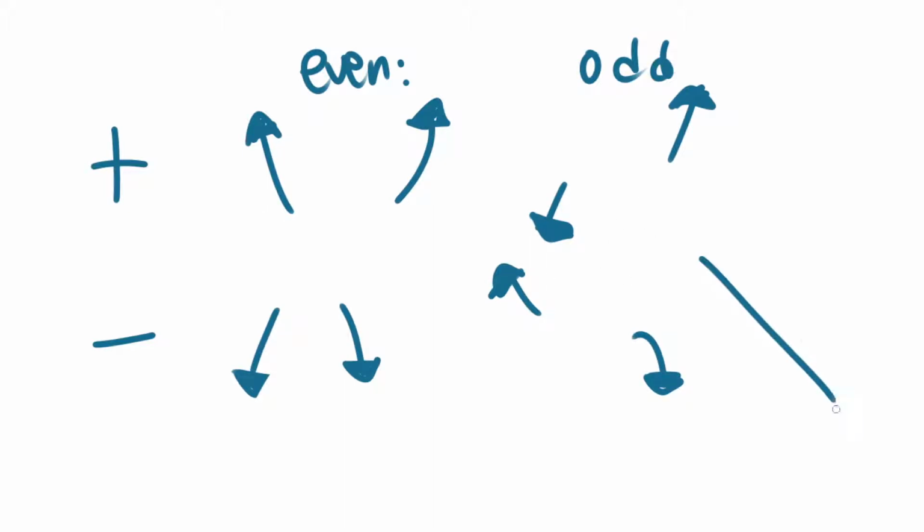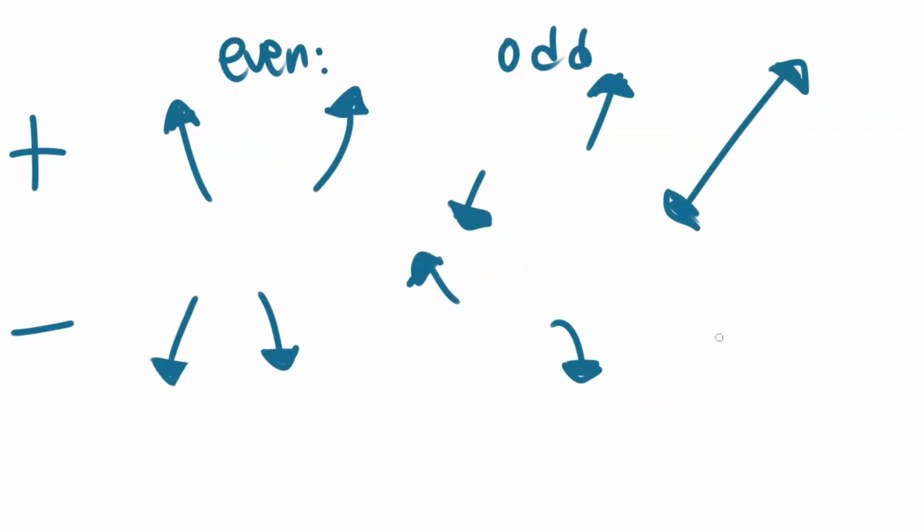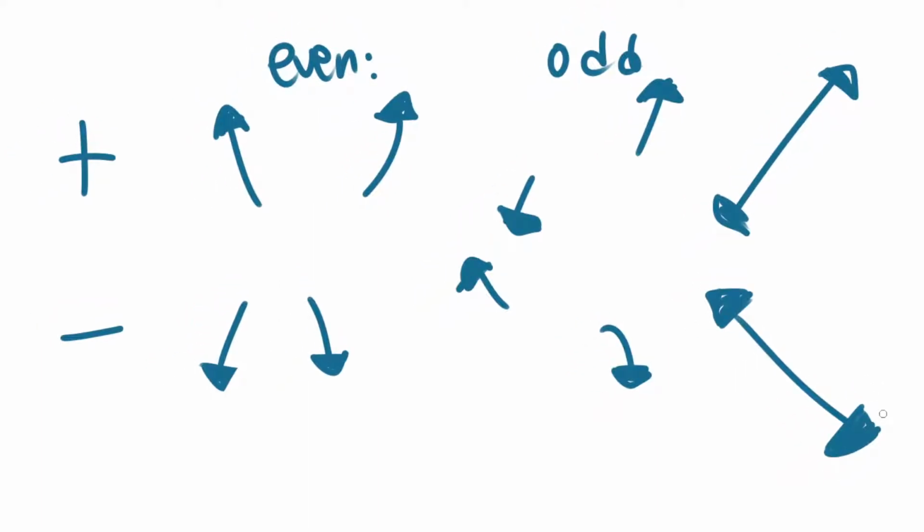So basically like a normal line. So we have even for this. And then, positive for up and down. And then negative. Basically like a linear slope. A linear slope is an odd function. You'll also know if it's an even function